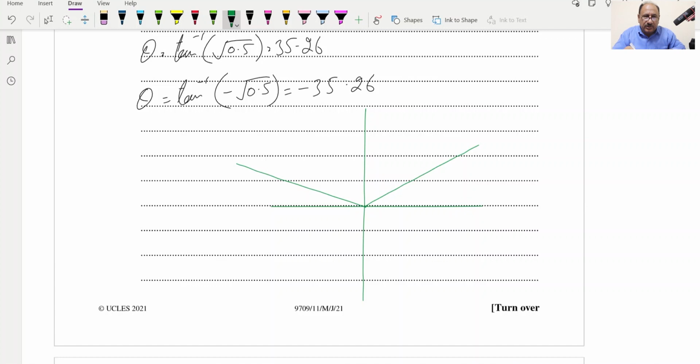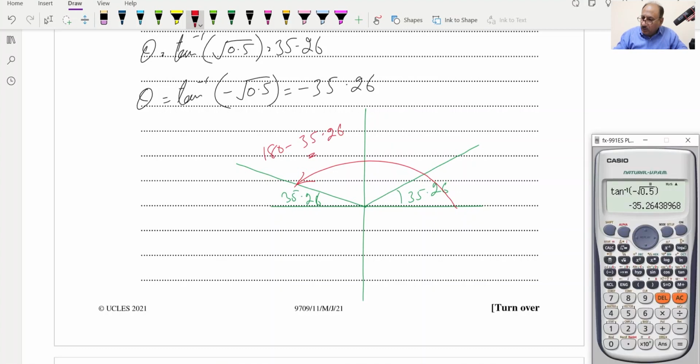Up to 180 we are taking, so this one and this one, 35.26, and we will be taking this angle, and it will be 180 minus 35.26, which is equal to 180 minus 35.26 is equal to